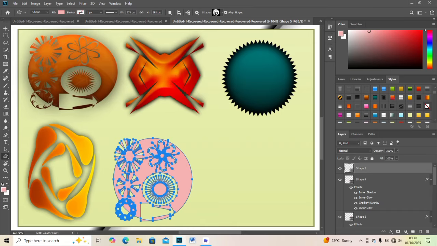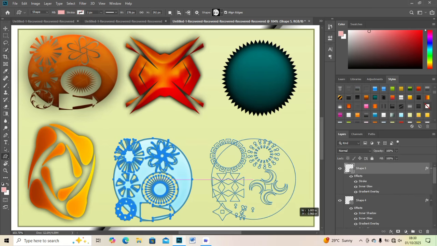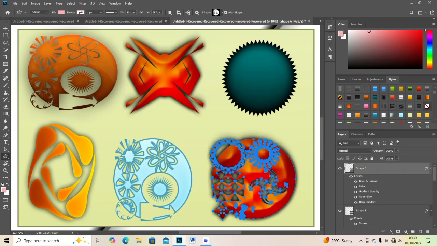Apply metallic or neon gradients to your text to create a futuristic vibe. Add dynamic shapes like triangles, circles, and waves to give the design a